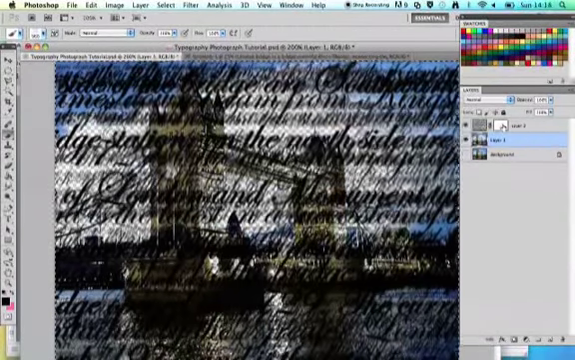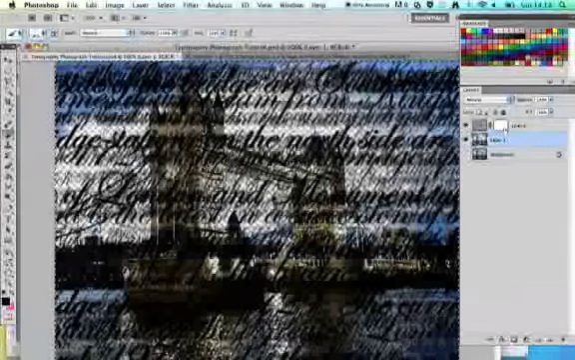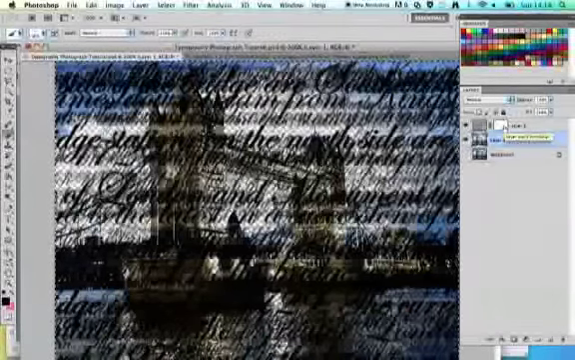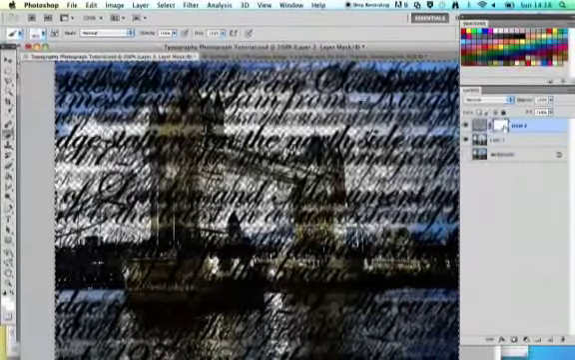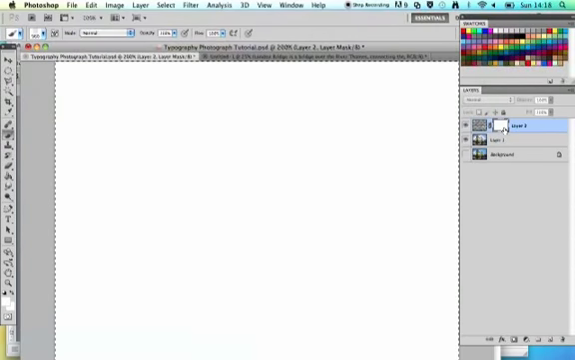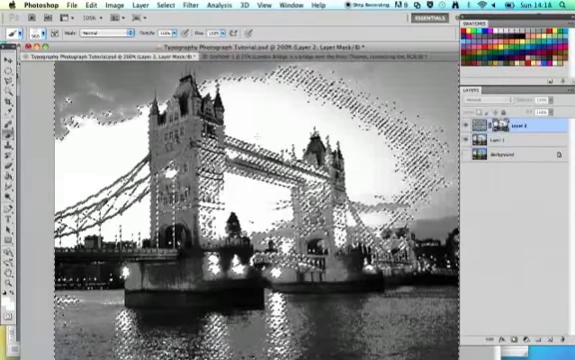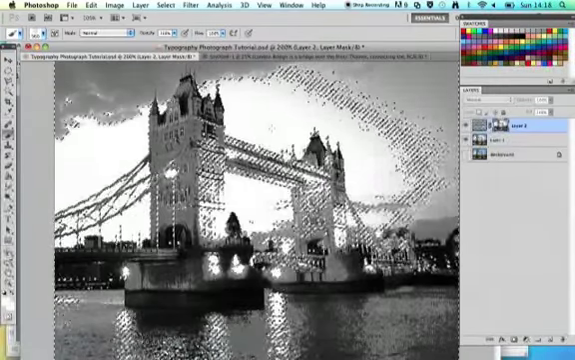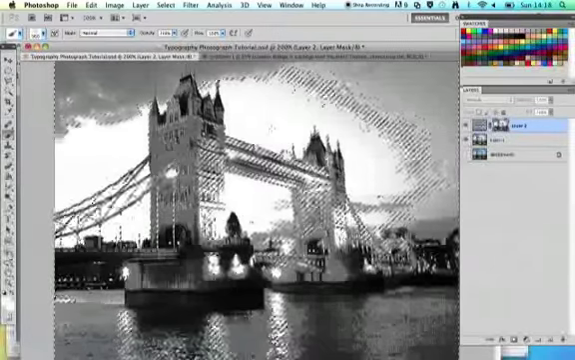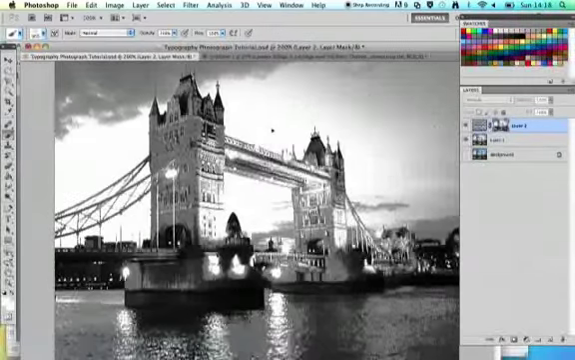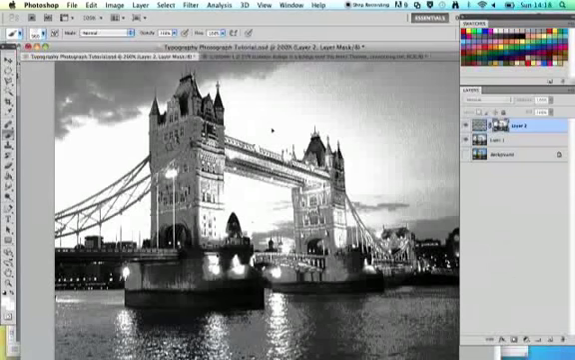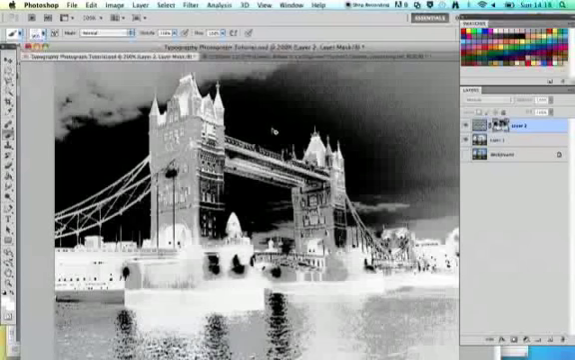Show your text layer again, click on the layer mask thumbnail there, hold down Alt and click, and that will bring the actual layer mask up for you. And then you want to press Command V to paste your selection in. So now that you've done that, you need to hit Command D to deselect, and Command I to invert your